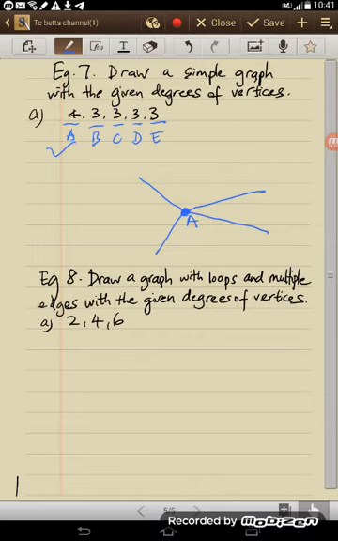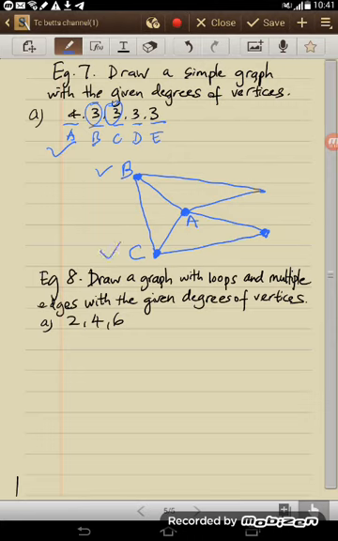Okay, this is done. For B, maybe B can be here, but only so far one degree, so we have to make another one. You connect the other 3. So this one already done 3, yeah. And then here can be C. So far only 2, but this one is 3, so you connect here, will come 3. And then here can be D. Only so far 2. When you connect here, it become 3. And then of course here will be E, yeah. And you have 3 degrees. All have the right degree. Okay.